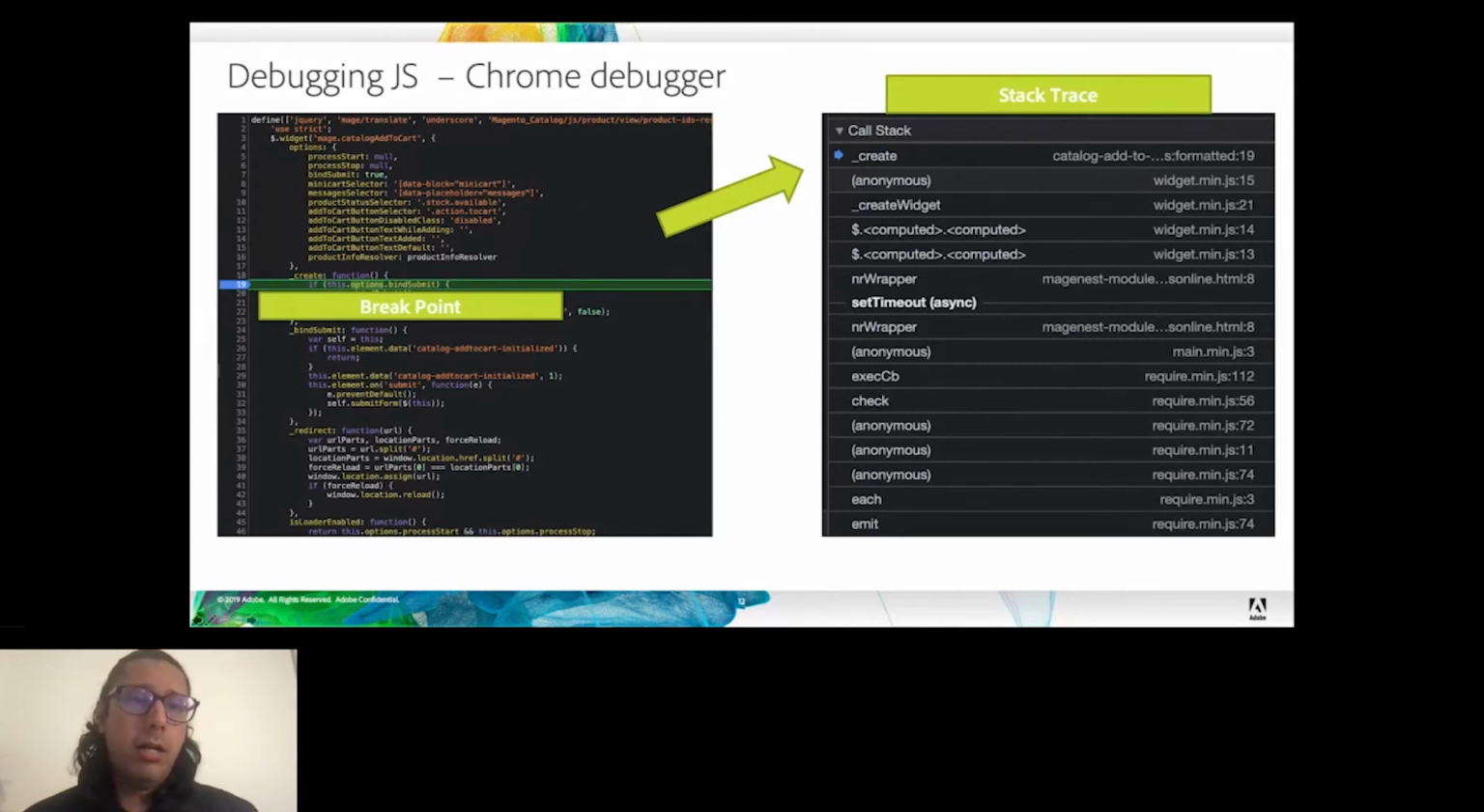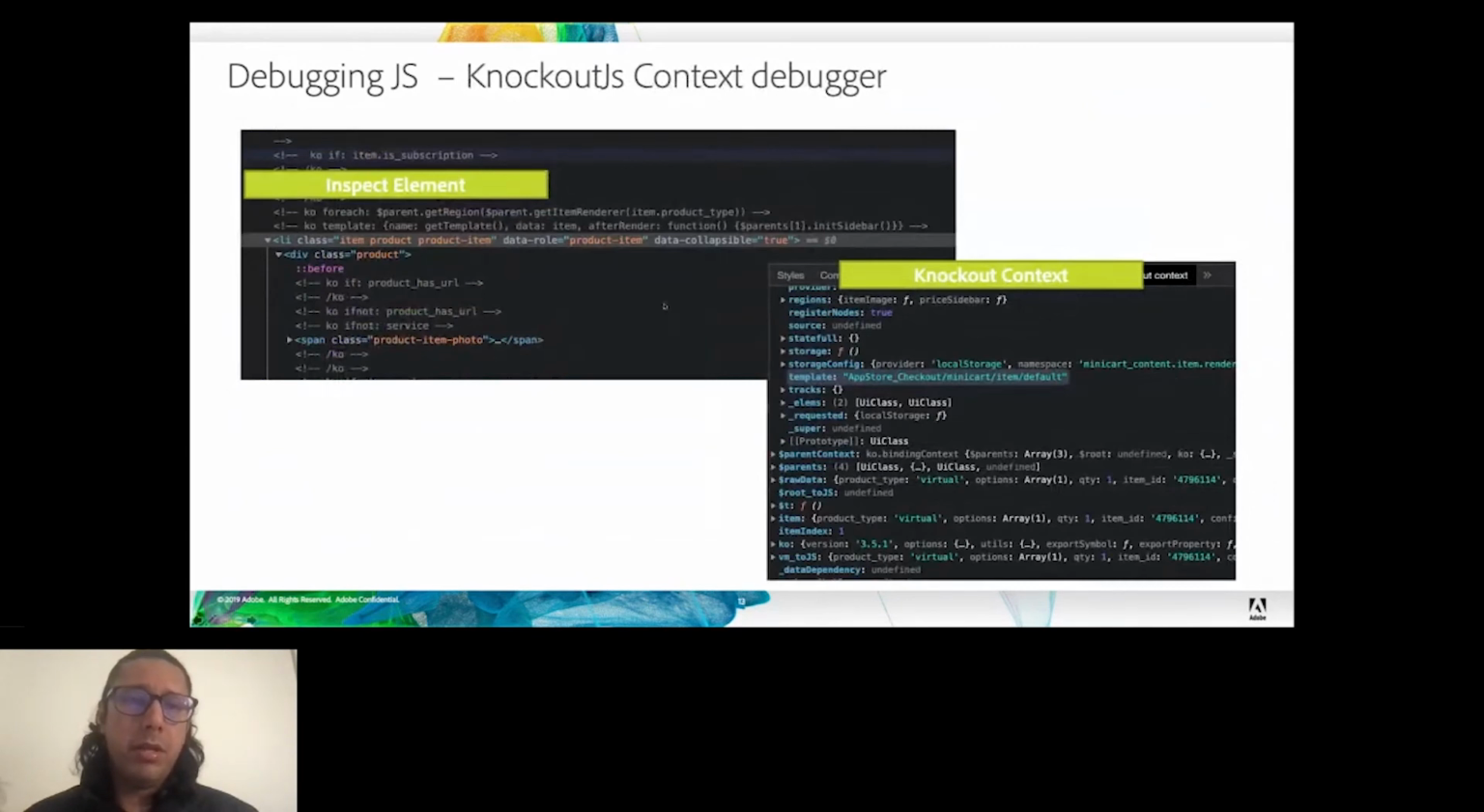And then debugging Knockout. For Knockout as well, there's a Chrome extension that you can install, and with that, if there's a piece of HTML that is rendered using Knockout, I can just inspect element in Chrome, and within the Knockout context, I'll be able to see all the information that I need, like what's the Magento template, what's the view model, what's the context of the parents, and so on. So that makes working with UI components